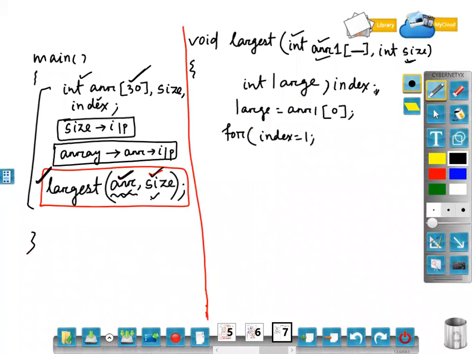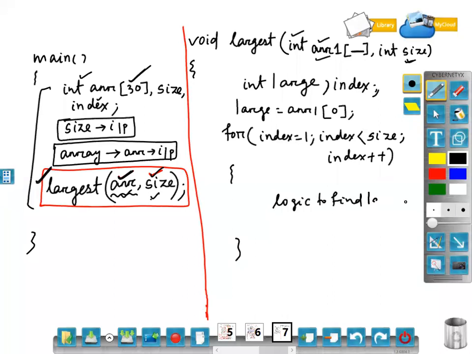So index equal to 1, and now the logic is totally the same as the previous one. Index plus plus. Now you know the logic to find the largest, that we have discussed earlier.